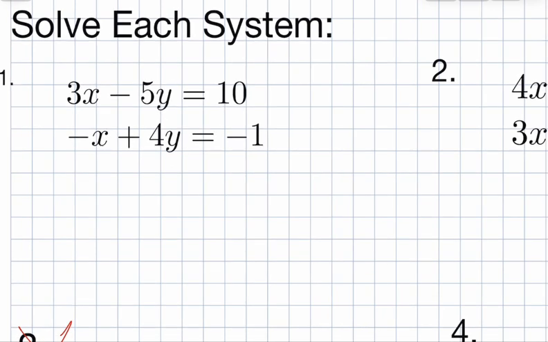In problem number 1, if you see a system of linear equations, we are looking for the point of intersection. What do they have in common? For a system like this, I tend to use elimination. What I decided to do, and there's multiple ways to do these problems, was to multiply this equation here by 3. If we multiply that one by 3, our top equation I haven't touched, because what happens when you multiply it by 3 is the bottom equation,